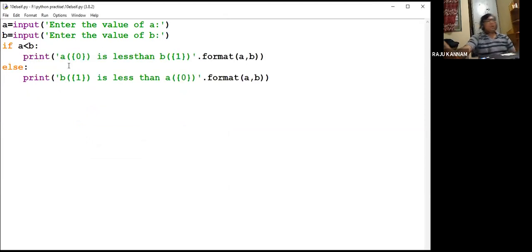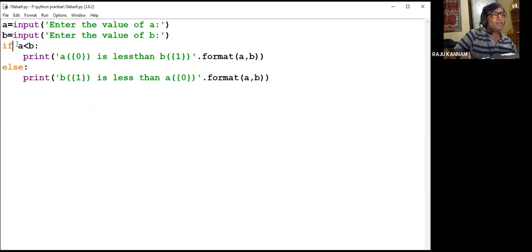See here, same I'm doing. I'm taking both the values from console. I'm storing in A as well as B. Okay, so if A is less than B, and remember here in Python we should not use any brackets for writing the if statement.